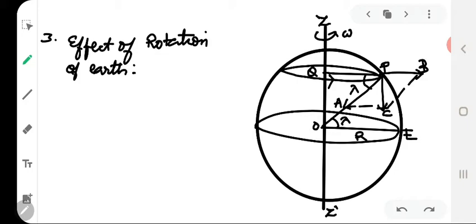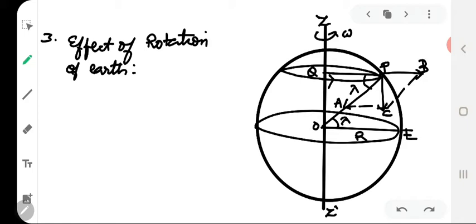Coming back to the actual discussion, the Earth completes one rotation about its axis in 24 hours. As the Earth rotates, a body placed on its surface moves along a circular path and hence experiences centrifugal force. The magnitude of the centrifugal force varies with the latitude of the place. At the poles, the body moves along a circular path of 0 radius and hence the centrifugal force on the body is also 0. On the other hand, at the equator, the body moves along a circular path of radius equal to that of Earth. Since it is the circular path of maximum radius, the centrifugal force on a body lying at the equator is maximum due to Earth's rotational motion.